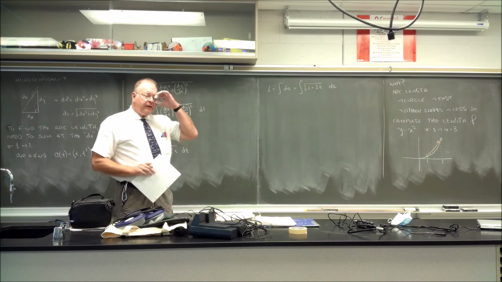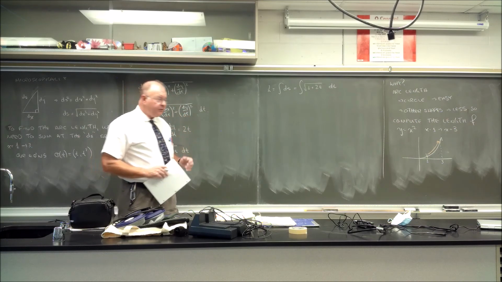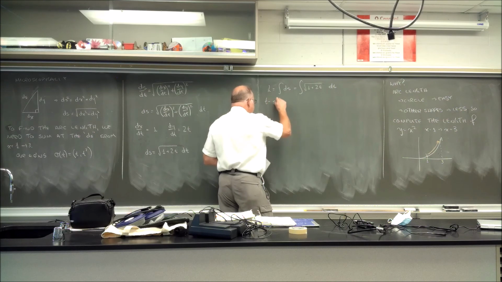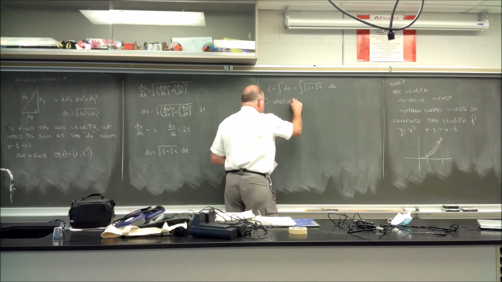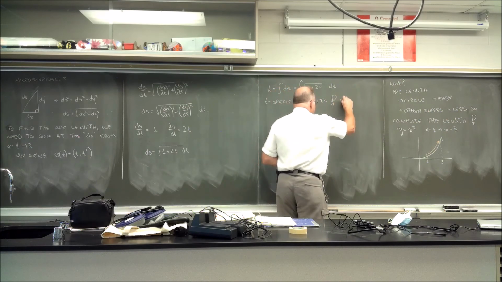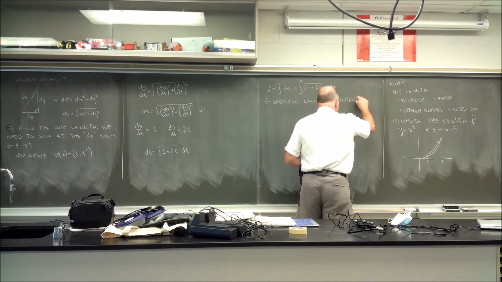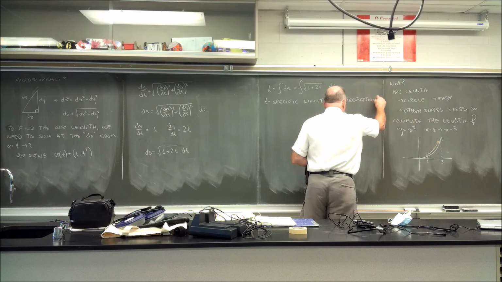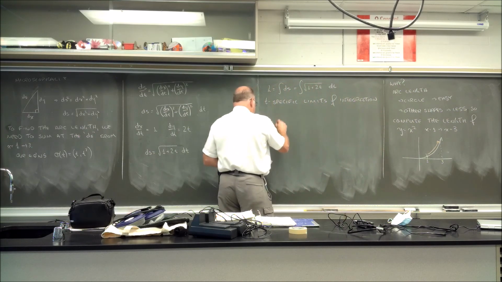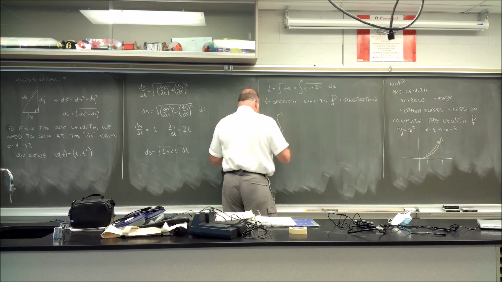Now we're lucky in this case that t is equal to x. So the limits of integration are t specific. And so here we would have L equal to the integral from 1 to 3